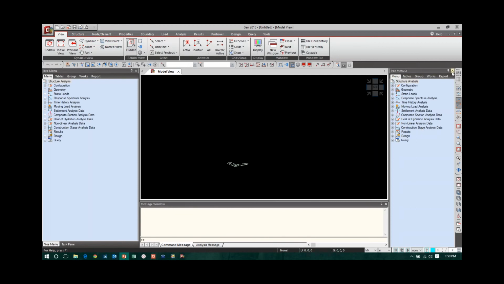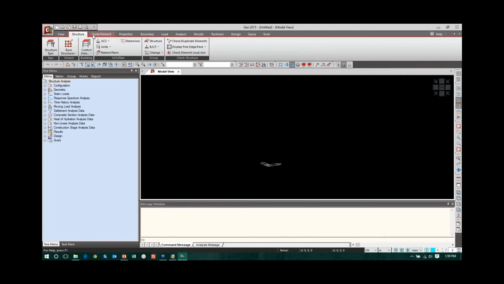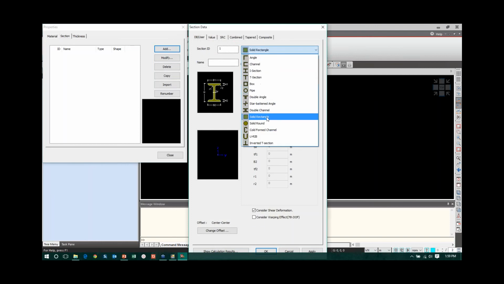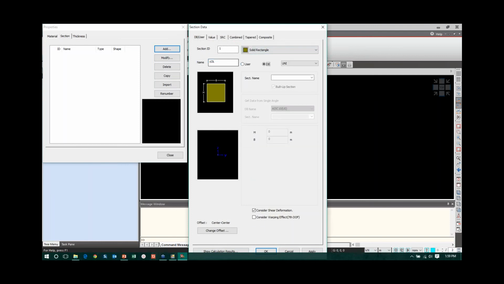So here, first let me create two sections. I go to properties, section properties, add, solid rectangle, column, 1 meter by 1 meter, apply, and another column is 0.5 by 0.5.